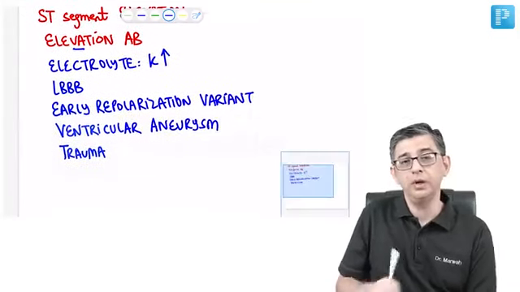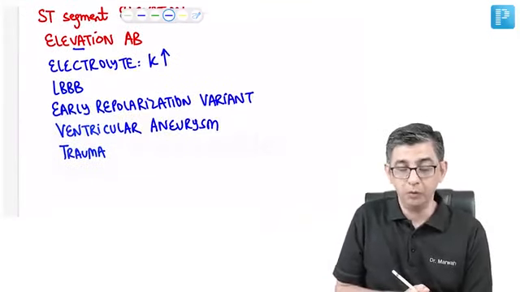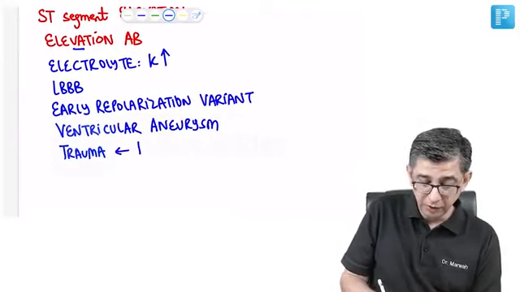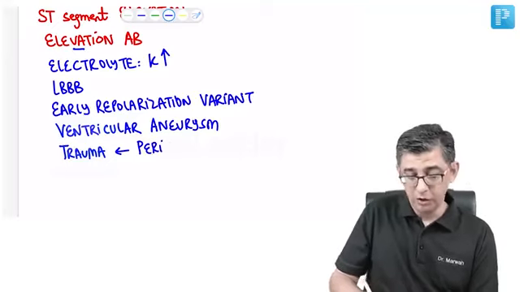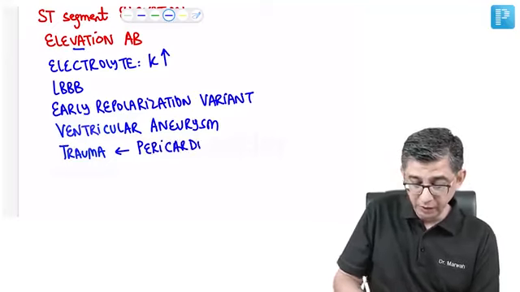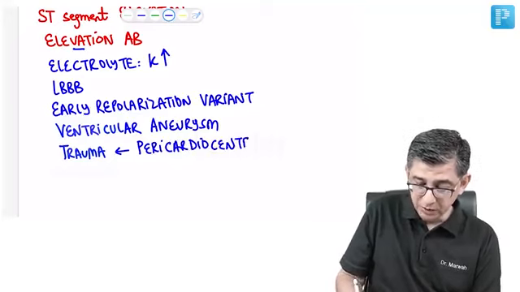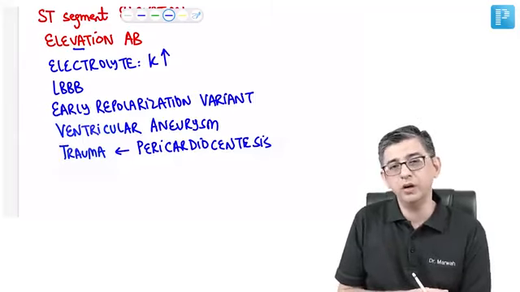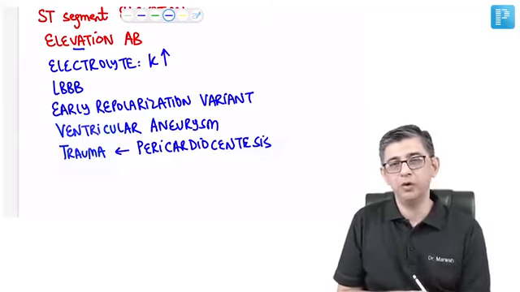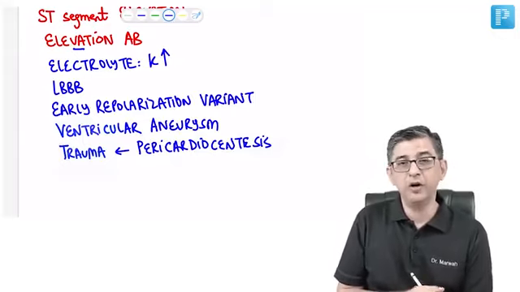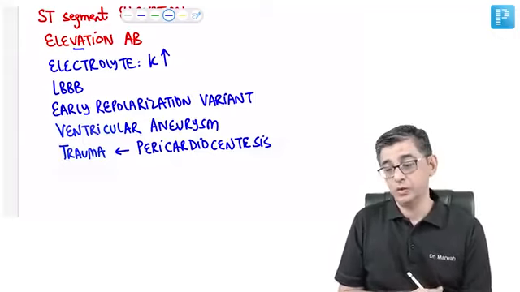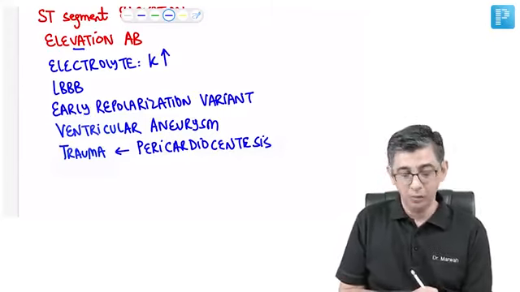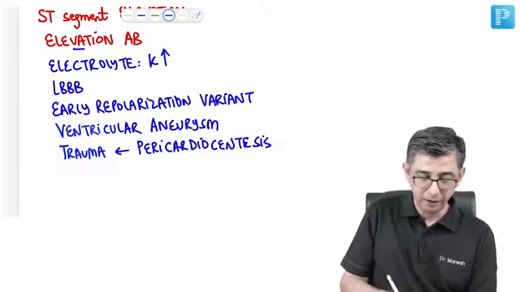This trauma could be maybe a road traffic accident, or they could be punched in the chest, which could be contributing. Or I can say that even if pericardiocentesis is being done, there's a possibility that your guide wire or your needle could be touching the surface of the heart. So pericardiocentesis as a procedure, though it's very safe nowadays, being echocardiographic guided, but in earlier times when we were not having those pigtail catheters available, there's a possibility that the procedure itself could traumatize the heart and it could cause ST elevation because there's muscle damage present. Then would be